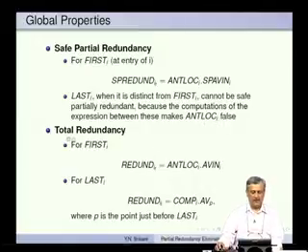Now, what is total redundancy? Total redundancy means locally anticipable and available from the top. Okay. That is very easy to understand, and then for the last I computation it is computed in the basic block and available just before that particular point P where the last computation is involved. So, total redundancy allows us to do common subexpression elimination, and that is precisely what happens. Every safe partially redundant computation is converted to a totally redundant computation, and then CSE gets applied there.